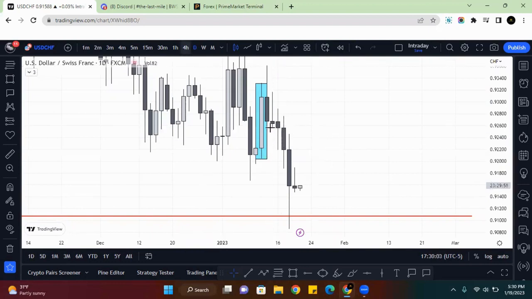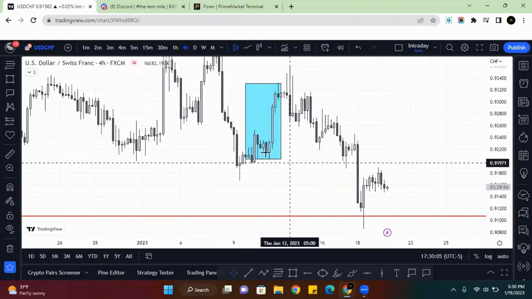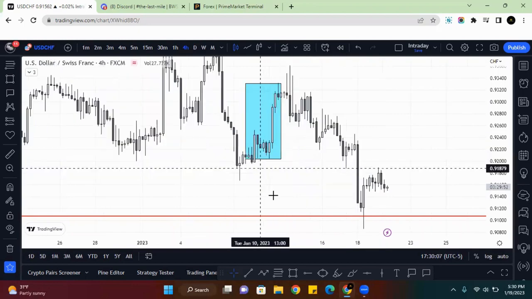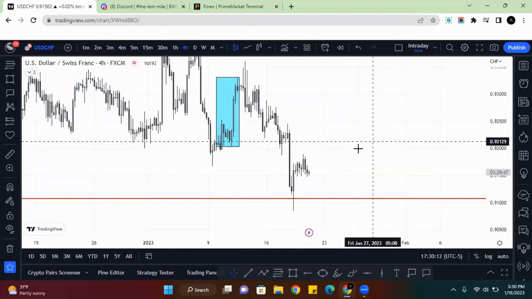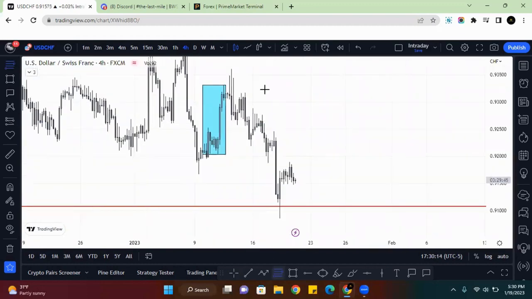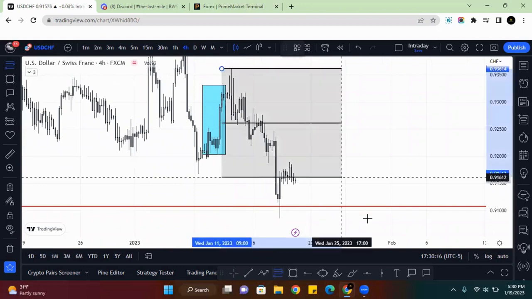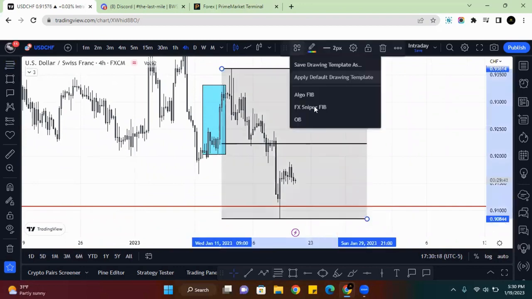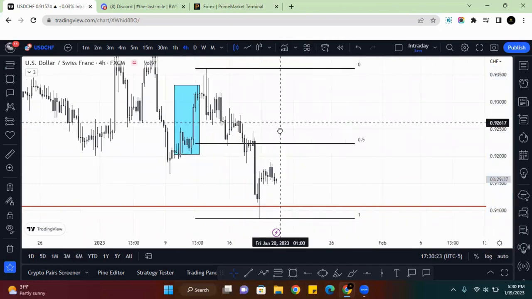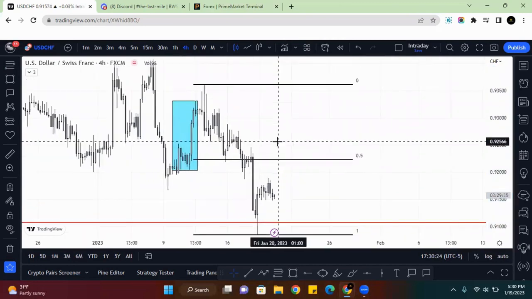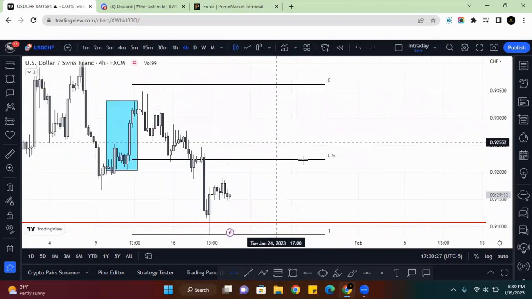I go to the 4 hour, and this is that same daily candle right here. Nothing's changed. On the 4 hour, is there a fair value gap or some type of institutional footprint in premium territory in this case? And I'm going to change this template. That would be in premium territory. That would be a good order block to use.